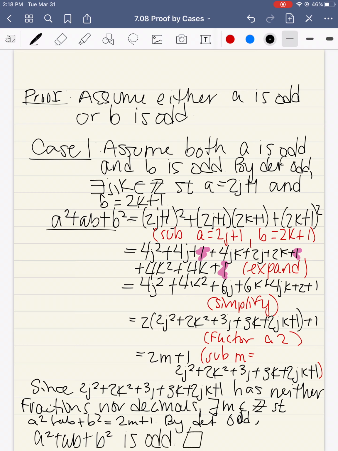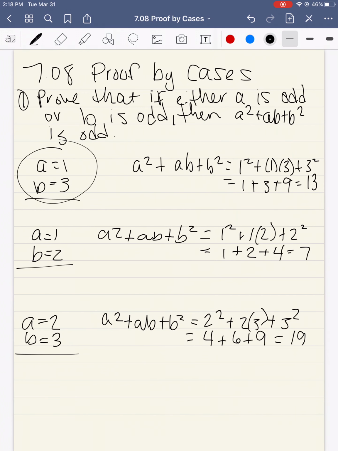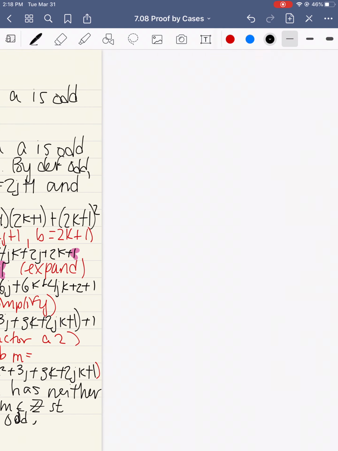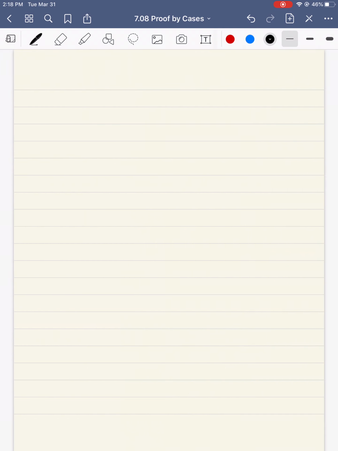So again, we're going to leave this as an open square because I'm not officially done with all of this. So this is only the first part. I do have 2 other cases. So I'm going to go back to my front page. So we've checked this off here. So let's do the case where A is odd but B is even, because that does still hold true since at least one of them is odd for our either statement. So our second case is going to be